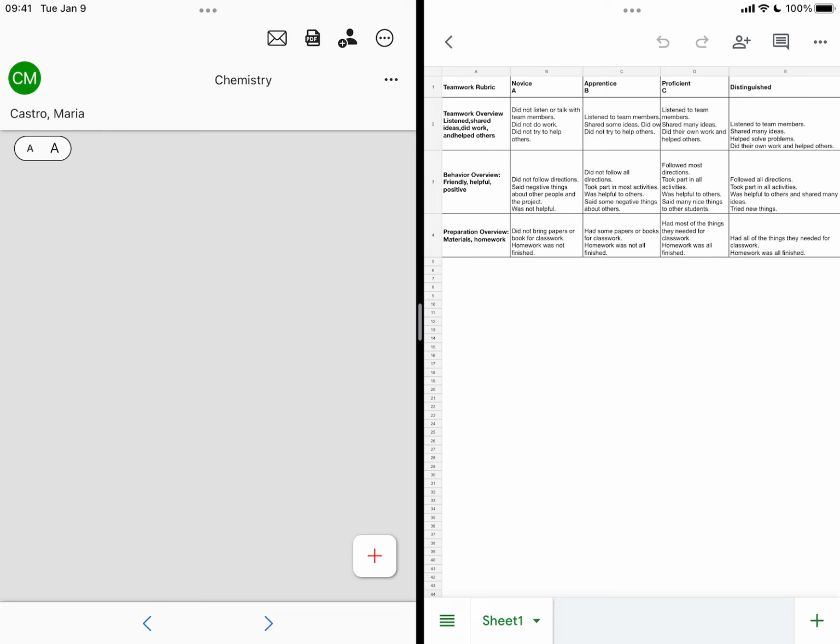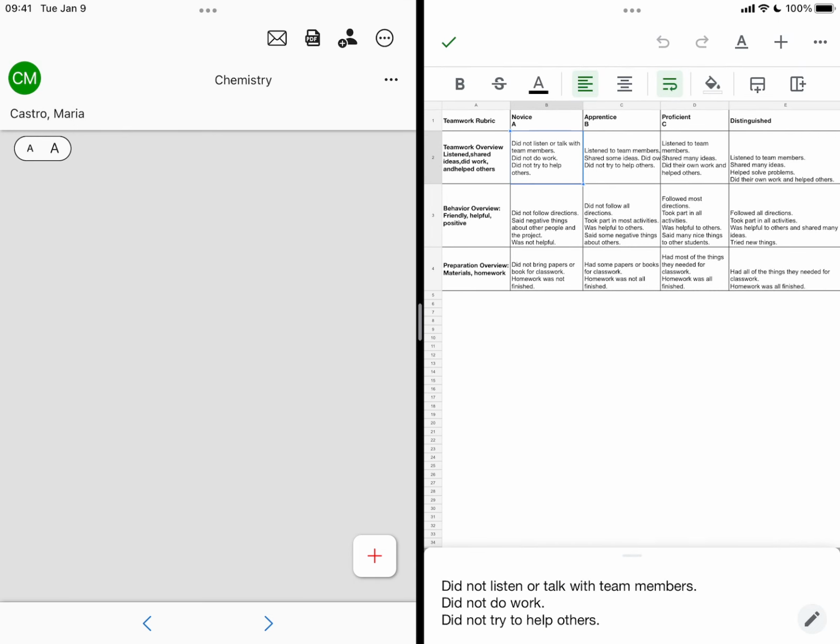And to add multiple lines on the spreadsheet there, you can use the command button, and enter or return will let you add multiple lines. So it's much easier to do this on a computer, and then go ahead and just link to the Google spreadsheet or Numbers spreadsheet. And so to add a new rubric, when you're on the main screen in the app,